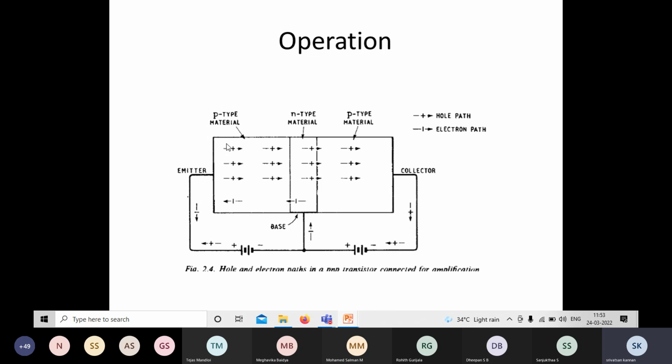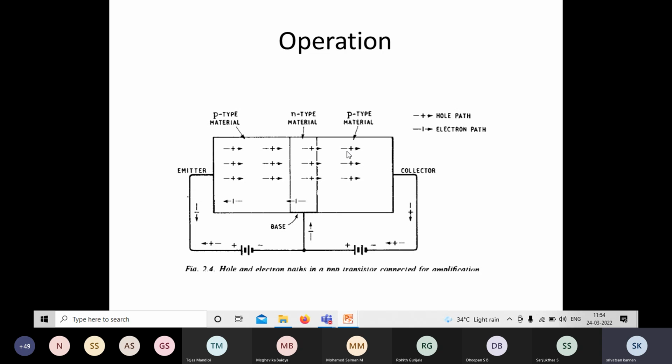So the majority carriers diffuse into the N region, and very few are attracted by the N region, and the majority of the carriers reach the collector terminal. So the collector has the negative potential, so it attracts the holes coming from the emitter. Majority carriers in the emitter are holes, in the PNP transistor, and holes are attracted by the negative potential, and so